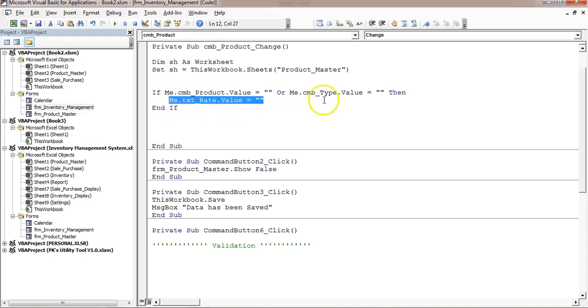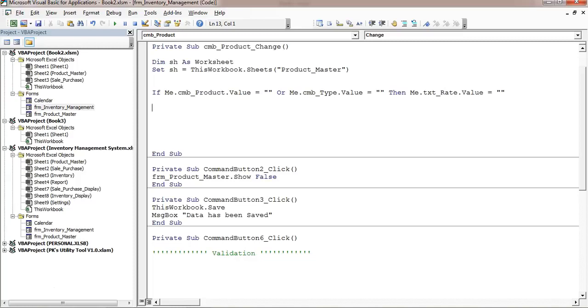It should display an automatic value only when the product combo box has some value and the type combo box has some value. So far we have not added the product combo box drop down and the type combo box, right? So we will add these drop downs also. Before adding that, let me complete this code, then I will put the code to add the drop down. Alright, so we'll take blank here, or you can simply delete this and use this as a one line if.